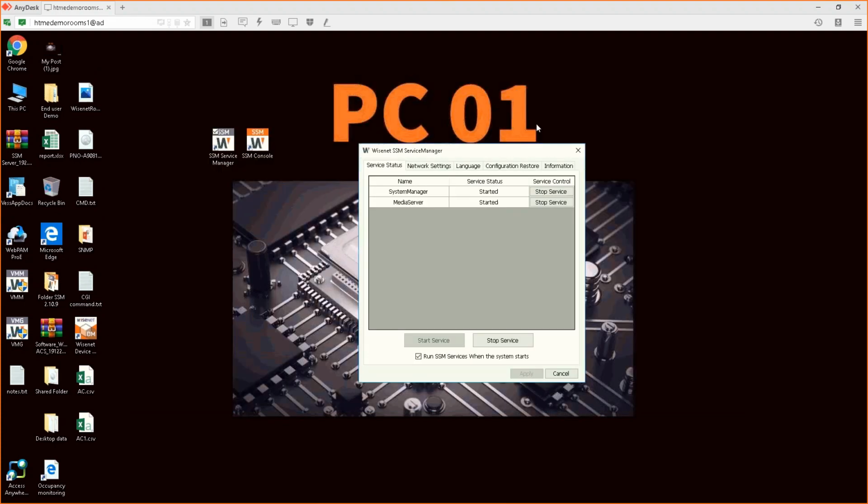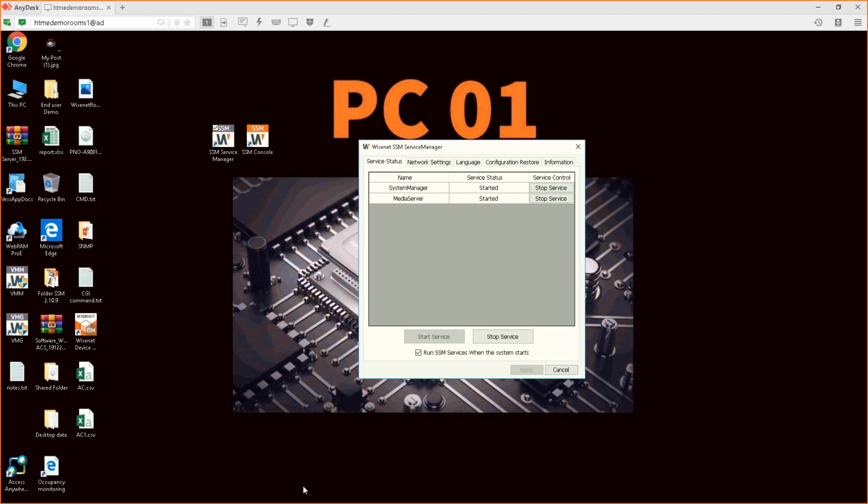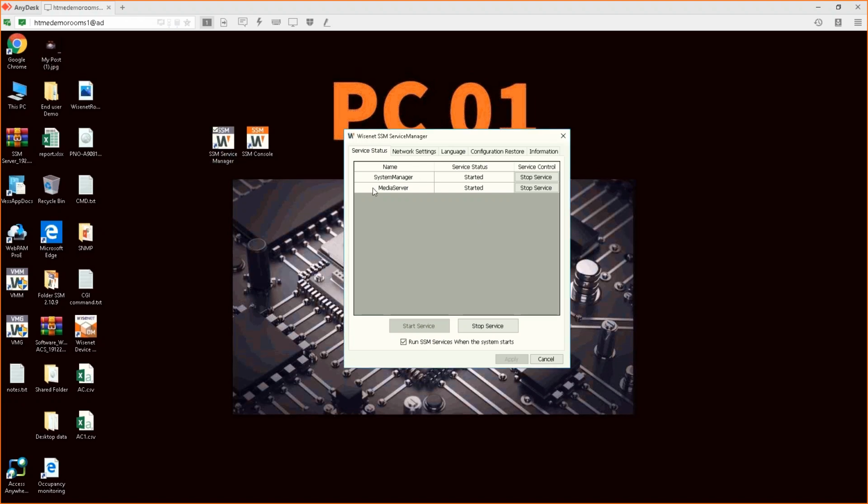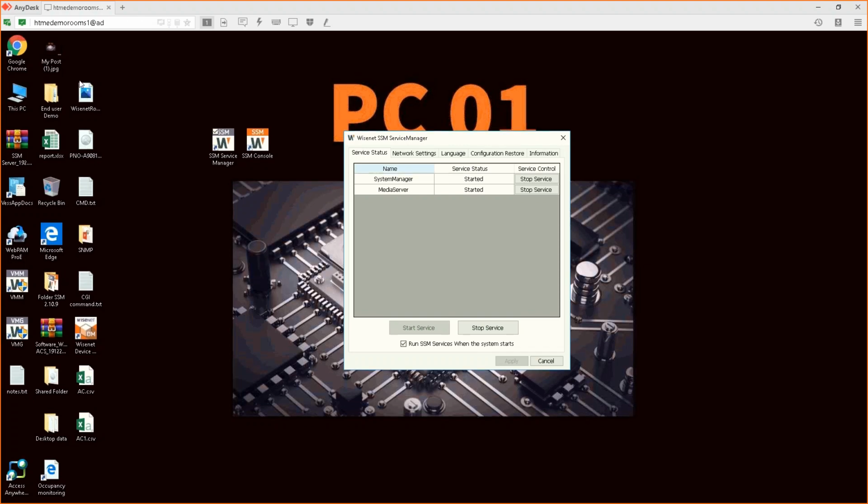Now back to our VMS. In our VMS, we have two applications, the Service Manager and the client Console. The Service Manager is running the database. The database is called System Manager. The media server is the recording function. If you remember, I mentioned a new architecture concept.